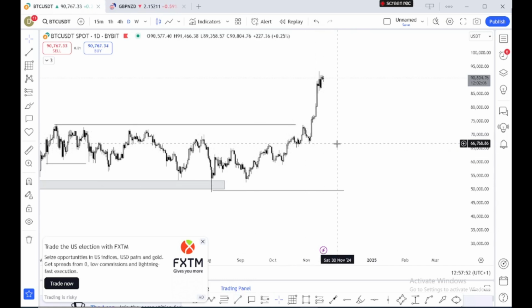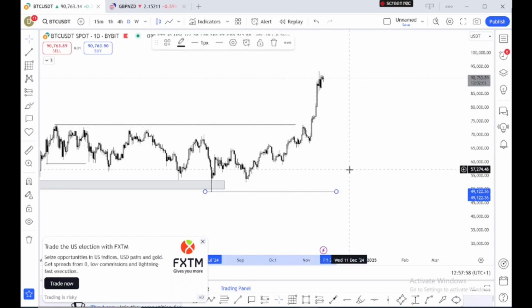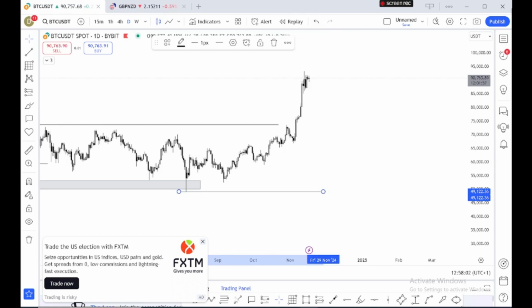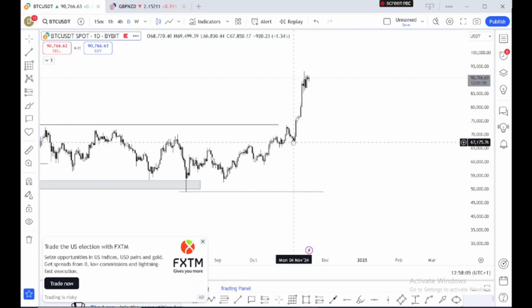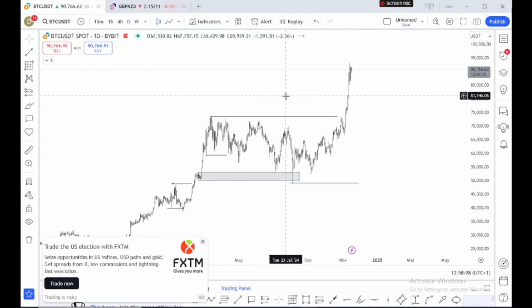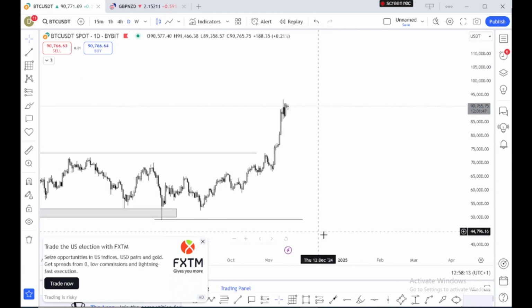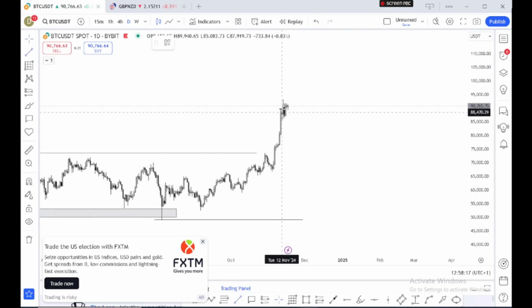So we have my inducement here, then my extreme here. So if market eventually comes to about $55,000, then it will be another opportunity for us to do what? To buy. So that's if market goes there. But in the current situation now, if market creates another inducement at the